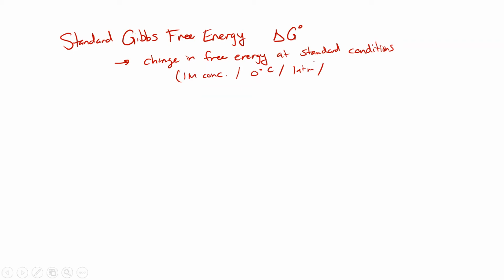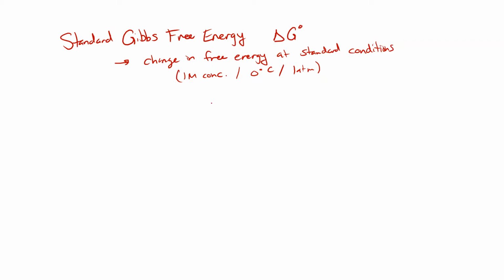Now, we don't run most chemical reactions under standard conditions because, right, 1 molar concentration of everything, that's not every reaction. So standard free energy doesn't really apply too much to actual chemical reactions, but we can get to actual reactions from the standard free energy, right? So usually this is something that you can look up or calculate, right? If you know the standard free energies for all the parts of your reaction, you can take the delta G naughts of all your products minus the delta G naught of your reactants,